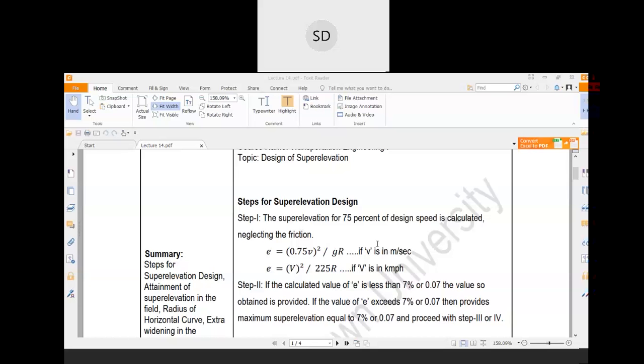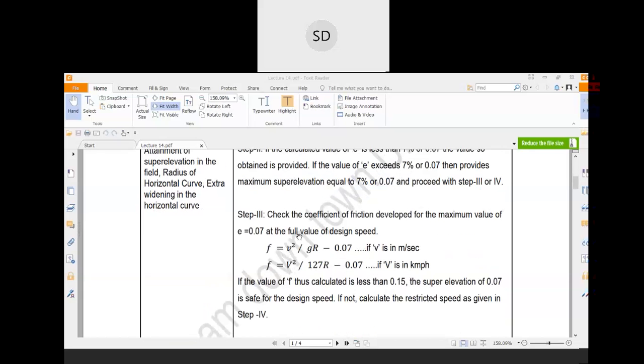Now you know the maximum allowable limit of the super elevation is 0.07. If you find that your value of the super elevation is more than 0.07, then you have to follow step number 3 and step number 4. That is the other steps you have to follow. First you have to check whether your calculated super elevation value is within the 0.07 range. If it is less than or equal to 0.07, in that case it is okay, you can adopt that value. Now if it is more than 0.07, in that case you have to adopt